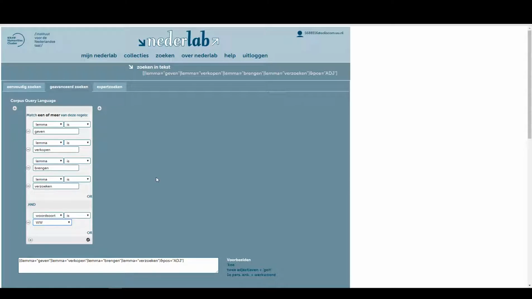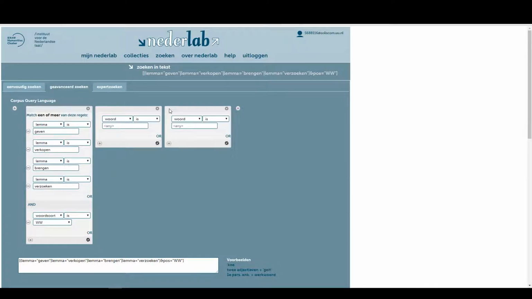Now, okay, so we're going for the aan-constructie first. In the aan-constructie, the verb is followed by a noun phrase first. Now, of course, noun phrases can be very complex, but keep in mind that the more complex we define this noun phrase, the more difficult it will be to weed out the unwanted results. Of course, in order to do this assignment properly, many different queries for the same construction will have to be made. But for now, it will do to select a random word, which could be an article or an adjective, and then